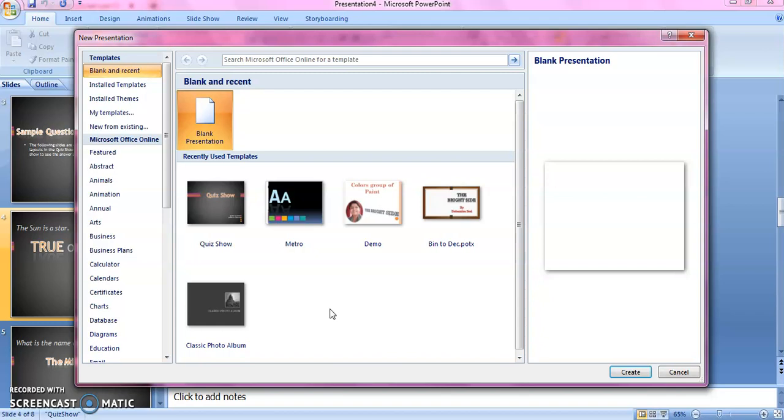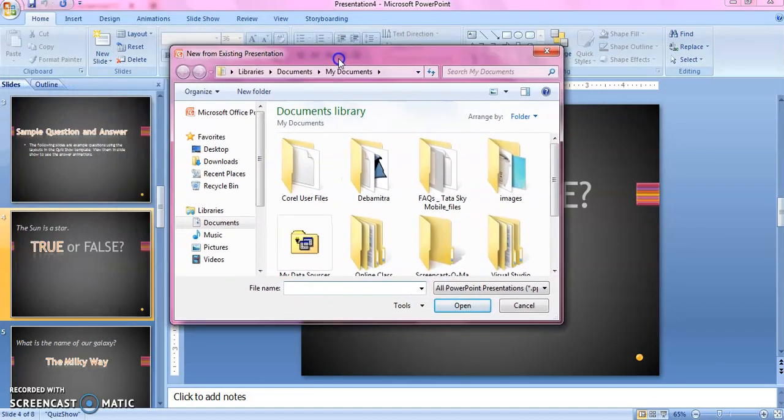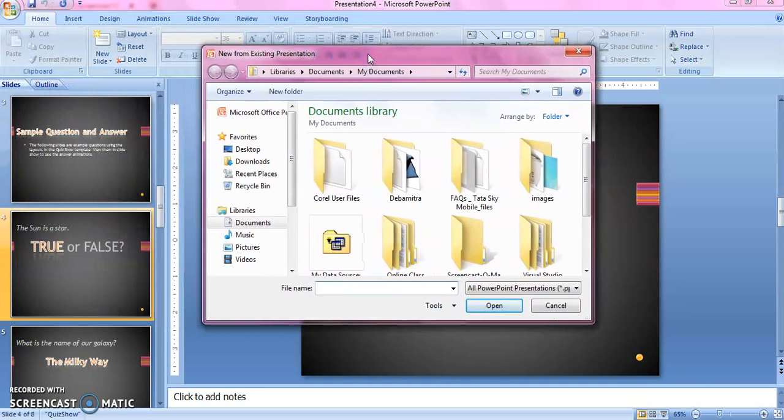If you click on New from Existing, a New from Existing Presentation dialog box appears on the screen, and you can choose your saved presentation from it and use it as a new one.